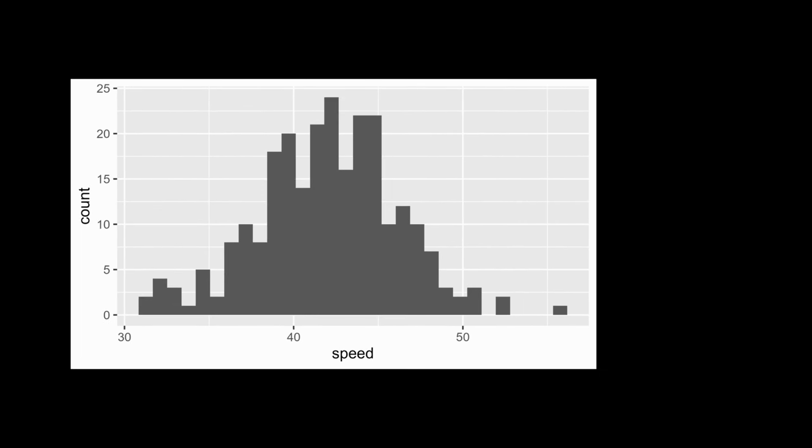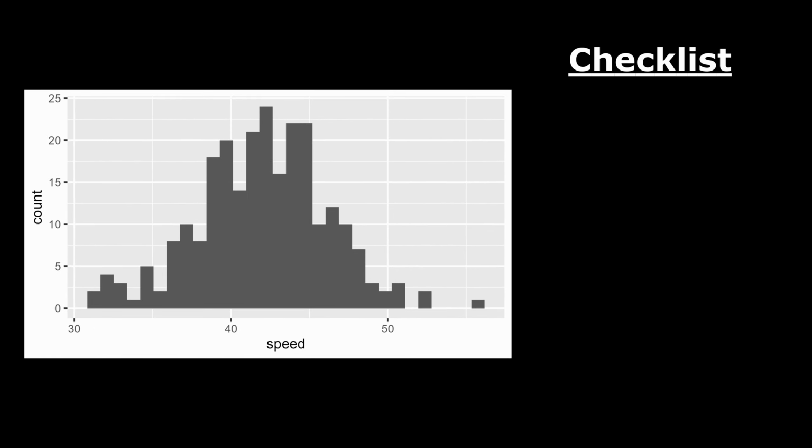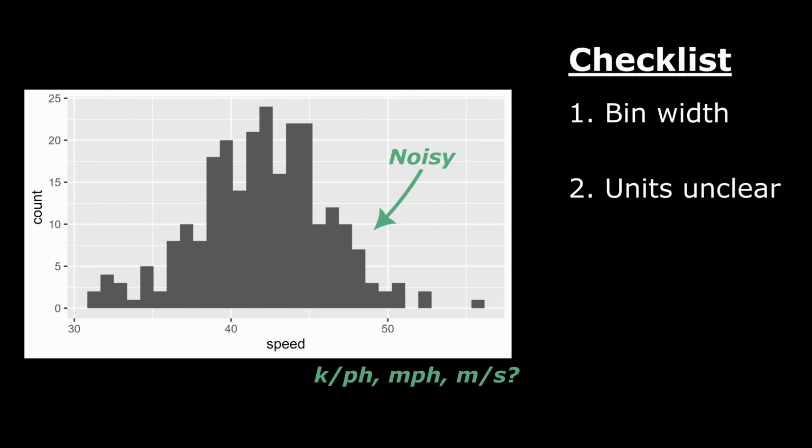This is a great starting point, but we can do even better. The histogram is too noisy. Picking a better, larger bin width will clarify the general trend. The x-axis is missing the units of measurement. Speed can be measured in many different ways. We should clarify what these units are. The plot has no title. A descriptive title, like a figure caption, removes any ambiguity about what the plot is showing.